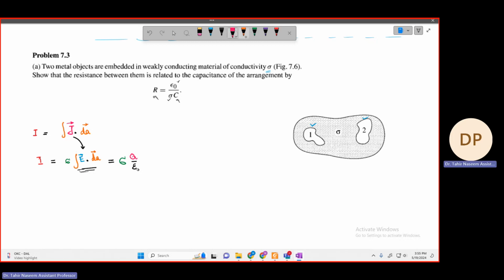I can actually write this. I can actually write Q is equal to CV, right? From here, I can write Q is equal to CV. Using Ohm's law, V is equal to IR, or I is equal to Q over RC, right? So if you see, why can I use these equations, because